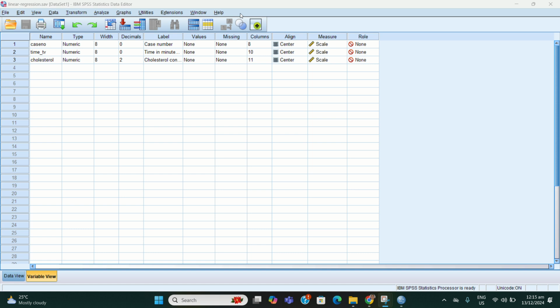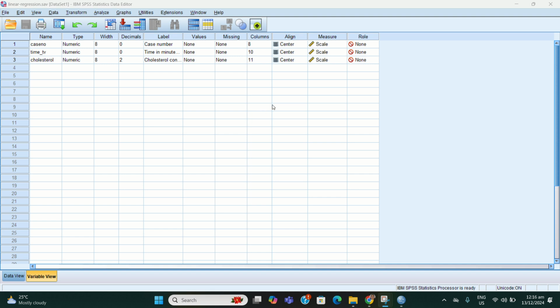Before creating a scatter plot, we will check these variables first. Here in the variable view, these three variables should be on scale, because it cannot run if they are ordinal or nominal. So that's one of the assumptions.